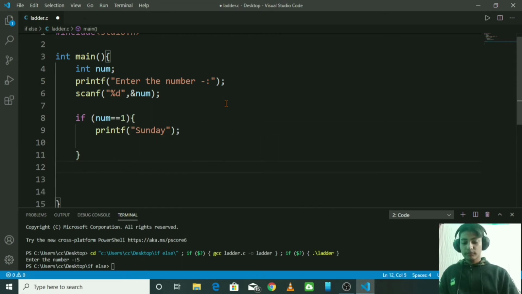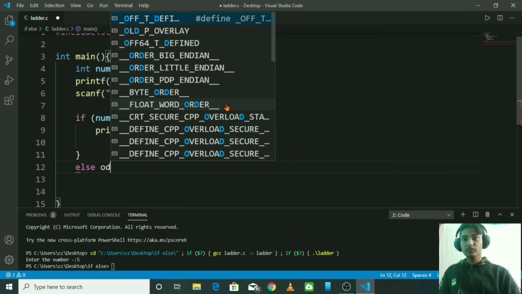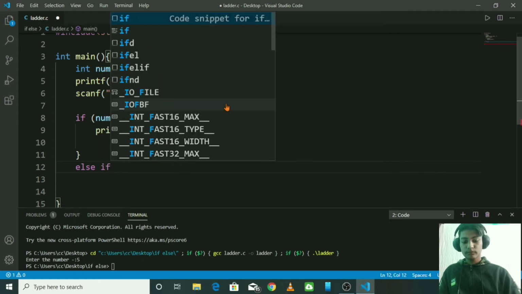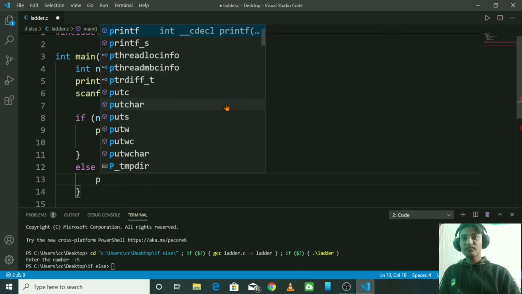Now go out from this if statement, else if, curly braces, and then the printf.